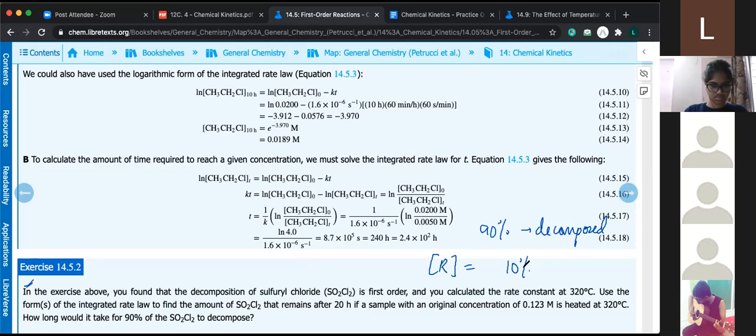Yes, so 10% will be remaining. So 10% of R naught. R naught is given, which means you can easily find out R. So you have to find out the time. You know what R is, you know what k is, you know what R naught is. Plug in the values and find the time. Okay. All right. So I'll share these problems with you guys, and also